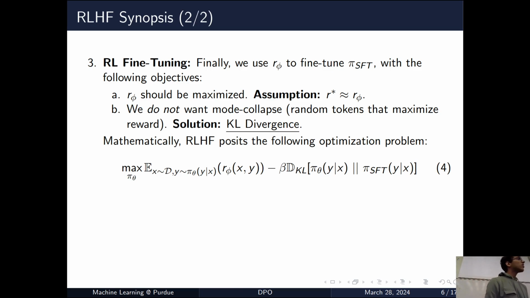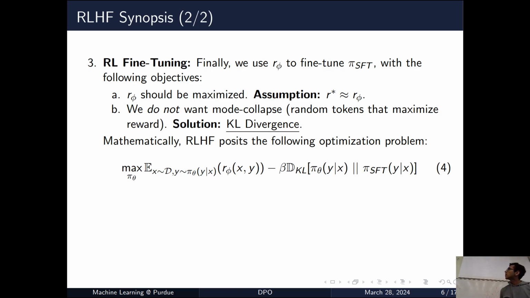Question? The r sub phi is the reward model, and then it outputs a scalar, right? Yes. And then it's fixed right now. We already did that training in step 2. Yep. Right now it's fixed. And then here, we try to maximize the expectation by having a scalar minus a KL divergence of given x, y. So pi